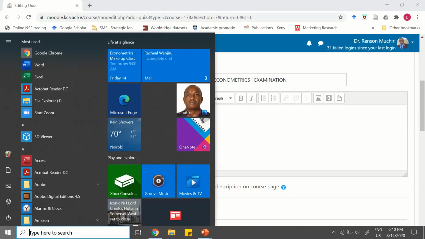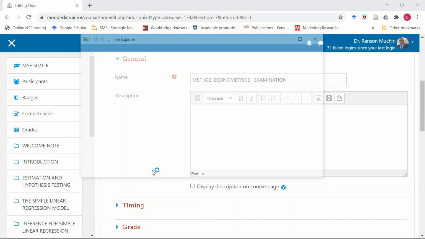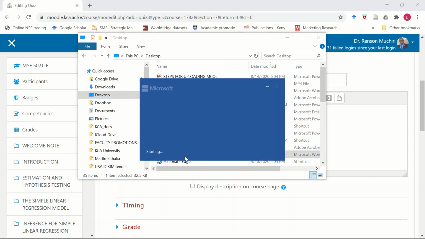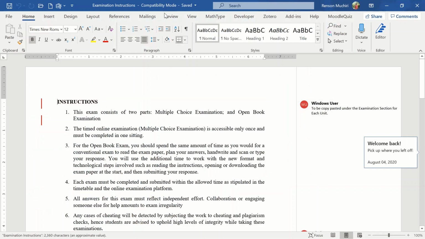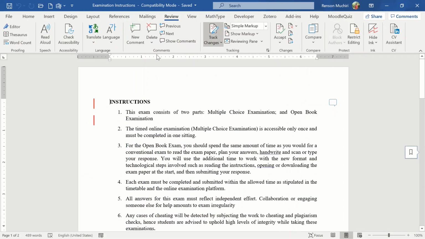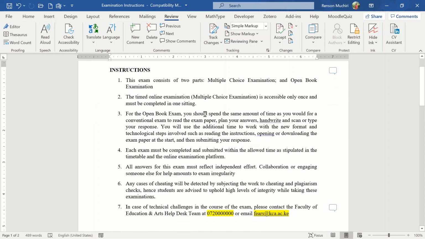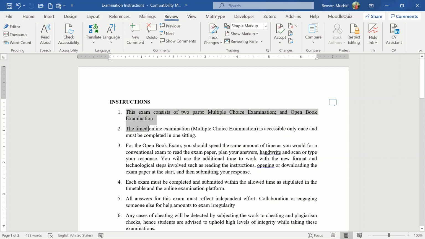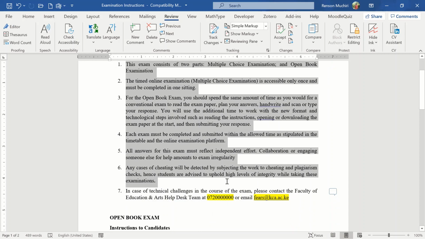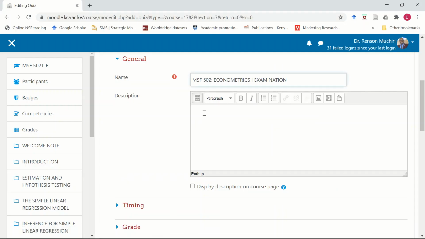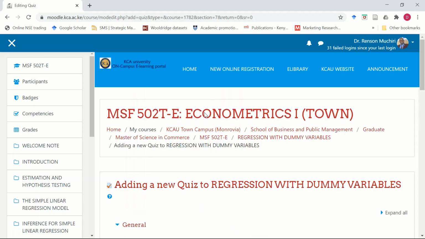You get the instructions. I think I have some instructions here. That's for open book. I'll just copy them. So I will copy all the instructions. And these are instructions for the multiple choice. So this is not, you will be provided with a correct set of instructions. You copy this. These are just the instructions for the last trimester. We are editing them, and then we take them to Moodle, and you can paste them here,